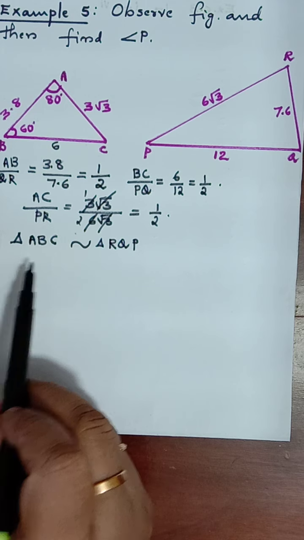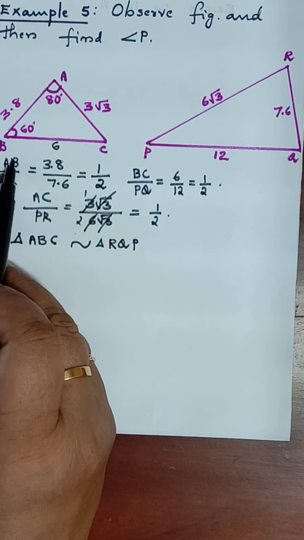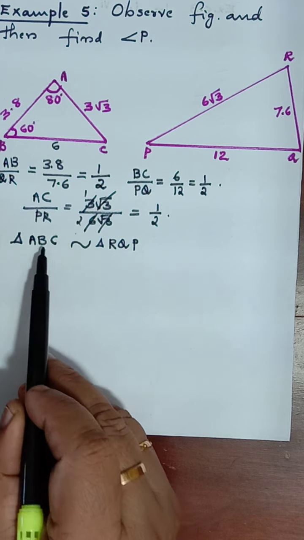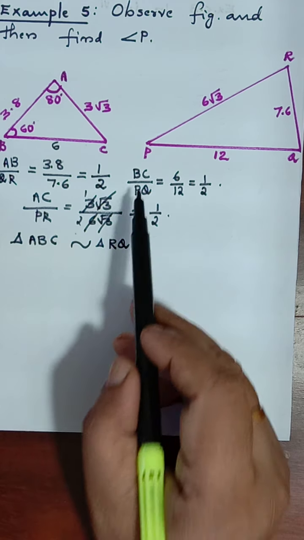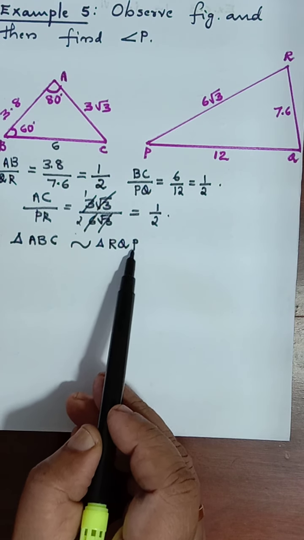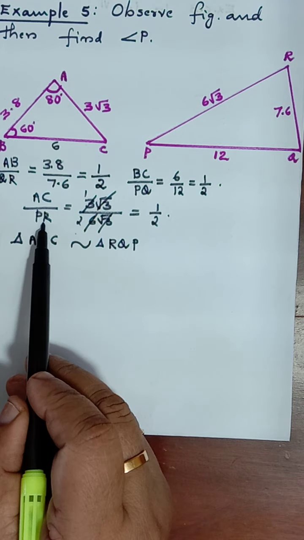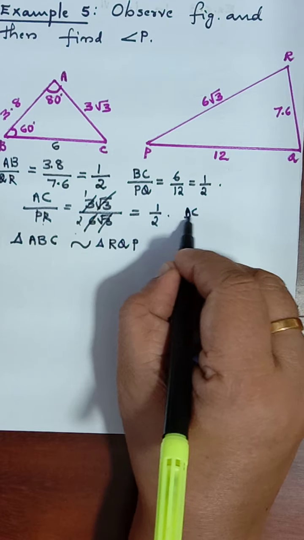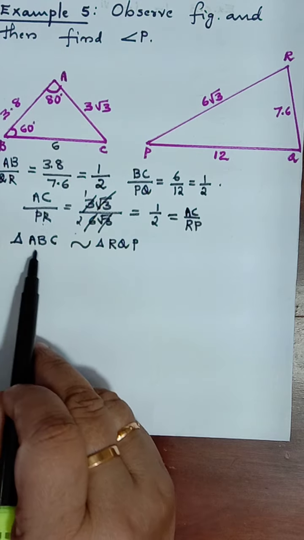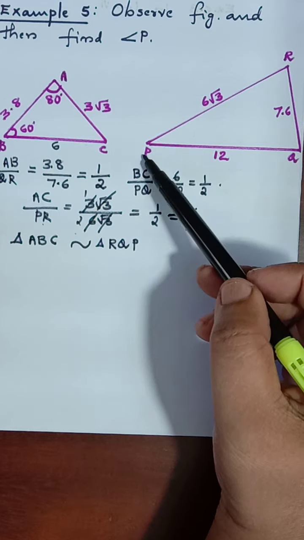The reason is, here we have AB by QR. QR is same as RQ. AB by QR, QR is same as RQ, no change. BC by QP or PQ. BC by PQ. Okay. AC by PR. PR is same as RP. AC by PR, we can write it as AC by RP also. There is no problem, any one of it is enough. AC by RP. The RP length is 6 root 3.